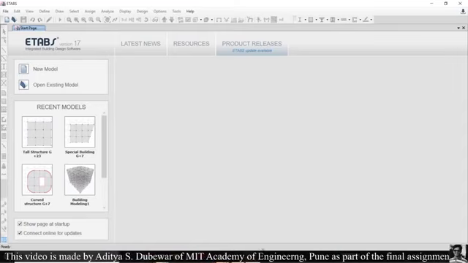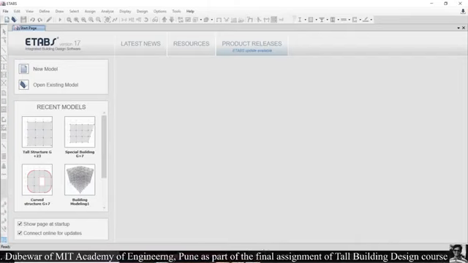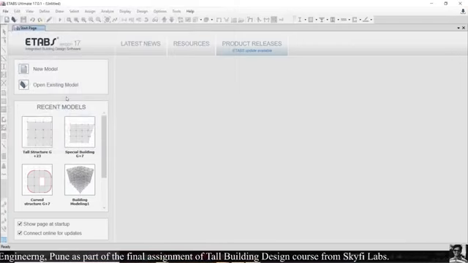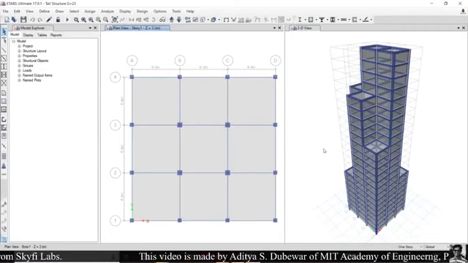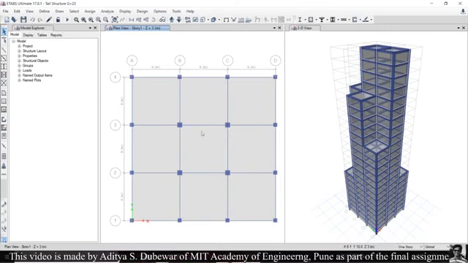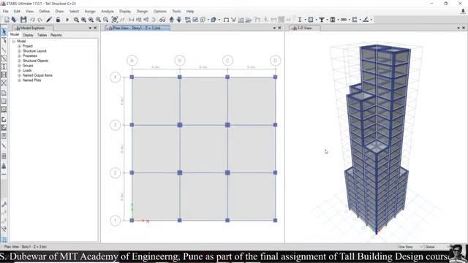After explaining the problem statement, let me start with ETABS version 17. As I have already designed the structure, I will click on open existing model, then select the file. After opening the model, you can see the plan view of the building in the left side tab, and the 3D view of the building in the right side tab.